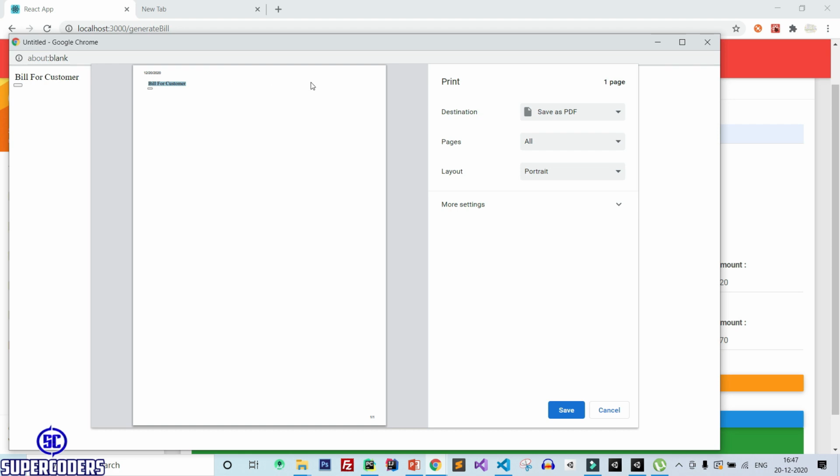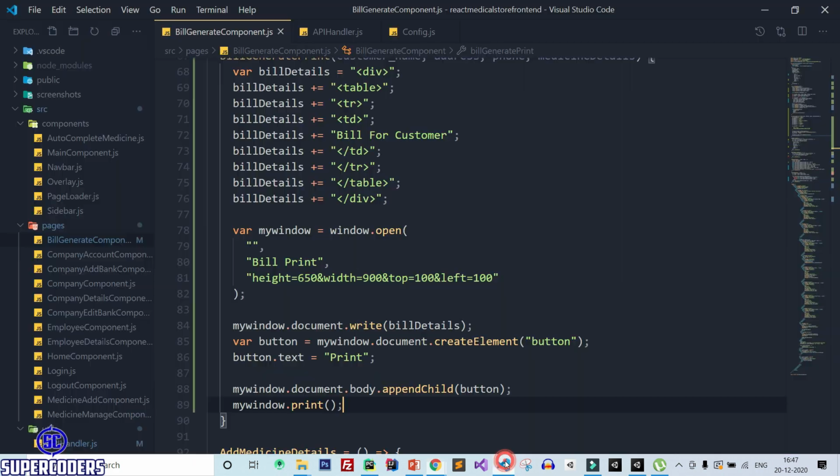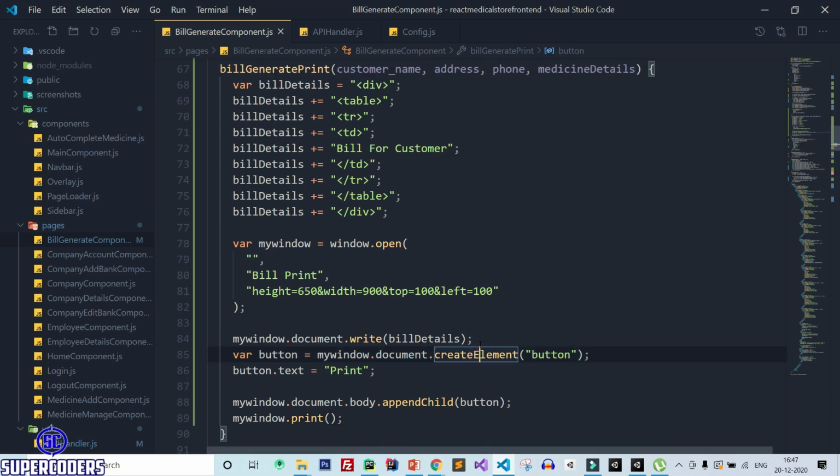Now let's see how you can design a bill for customer. So again, back to VS Code and let's work on this.